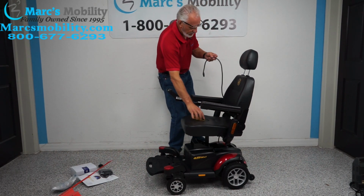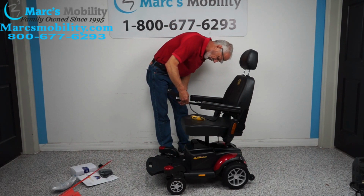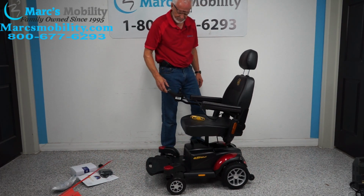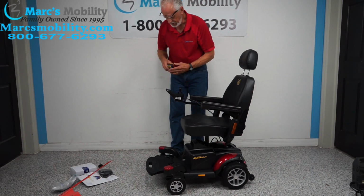Then you bring your cable inside the arm like this, and you'll see how it fits. It only fits one way. And you put your cable in here, and you plug it in. And then when you plug it in,